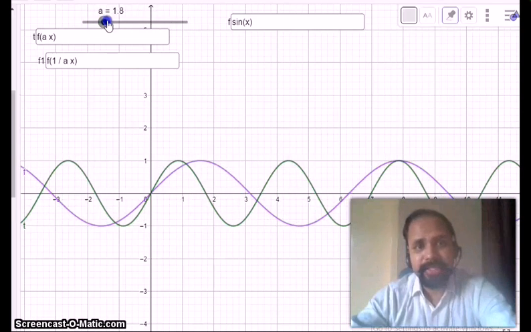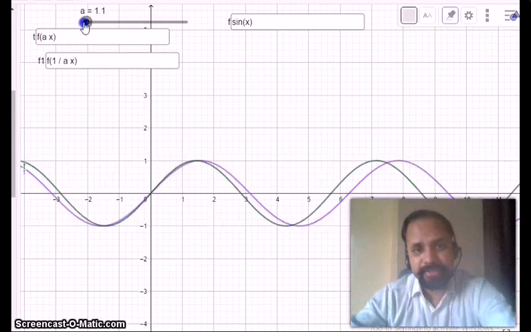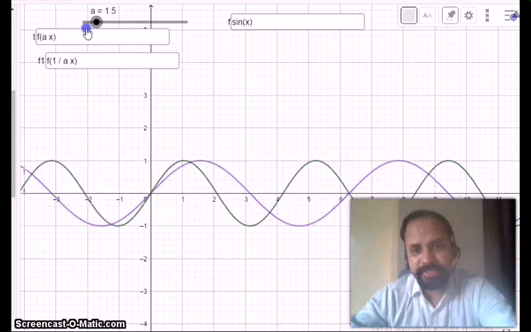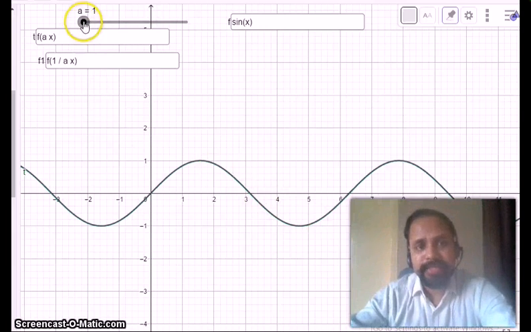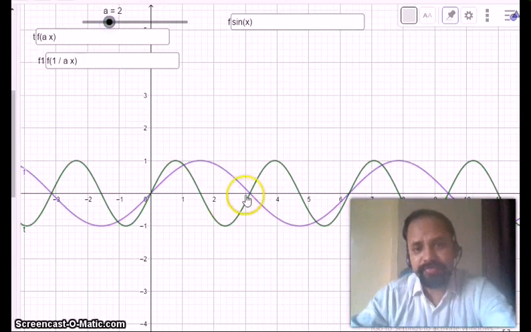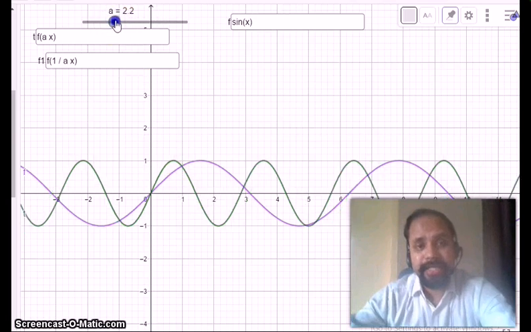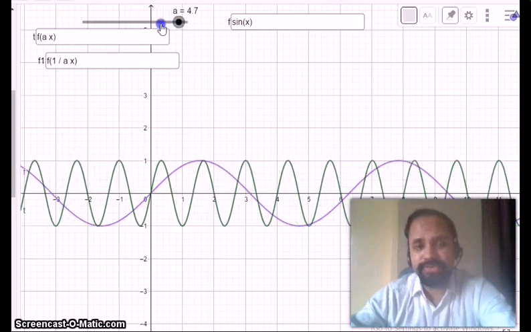That means if we have 2 here, then please see the graph here simply stretches. Here it is 3.14. Then if it is 2, it is half of this one. The graph of sin x at 3 is approximately half of this one. And then if it is 3, then there are 3 times the stretches, 4 times and 5 times and so on.